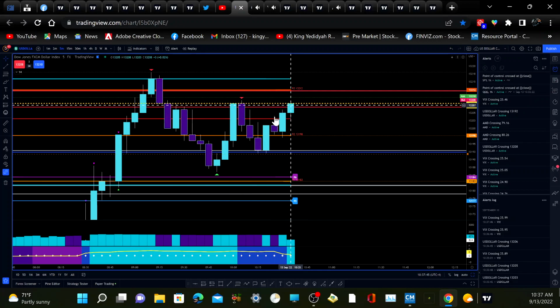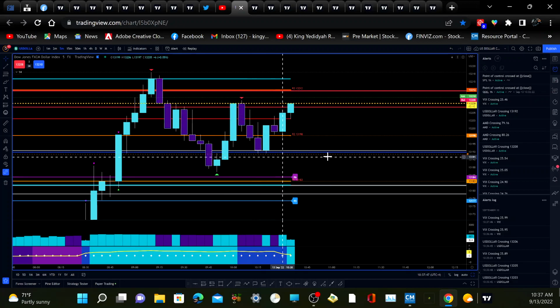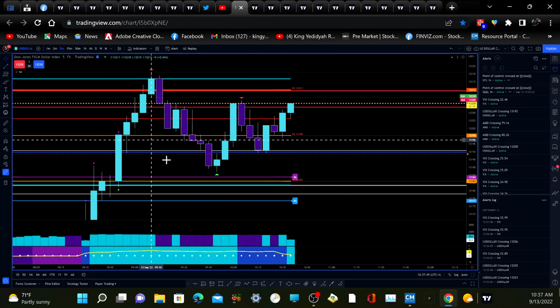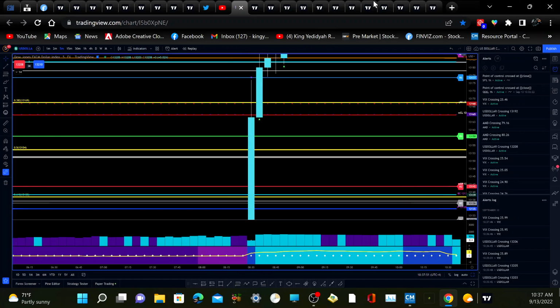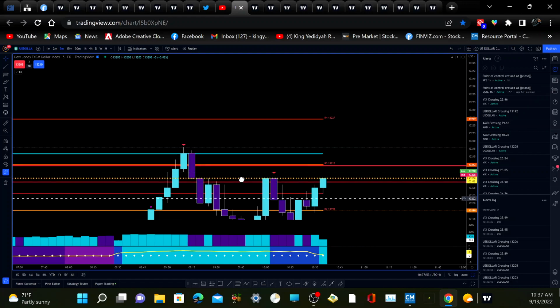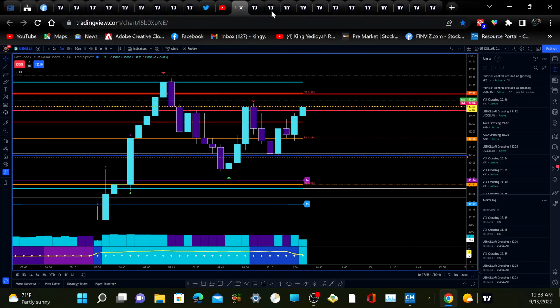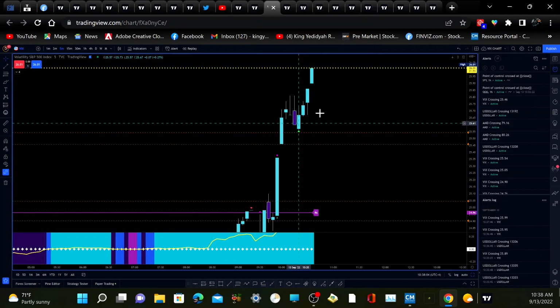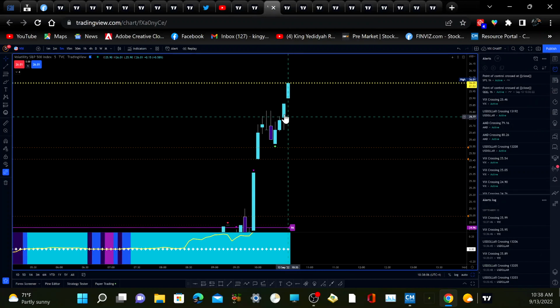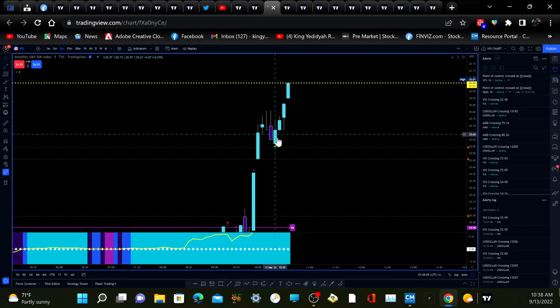So I'm thinking, well, the US dollar is going to probably correct a little bit off of this big push up here from the CPI numbers. You see how bullish that was? So I was thinking this is going to correct a little bit. So I took off some of the shares. Also, I was looking at the VIX right here, all these topping wicks. I was thinking, well, we're going to get a little pullback, so I might as well take off some right there.